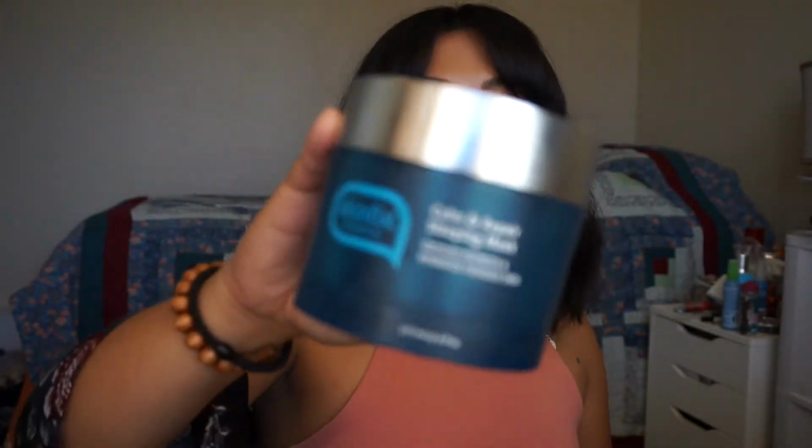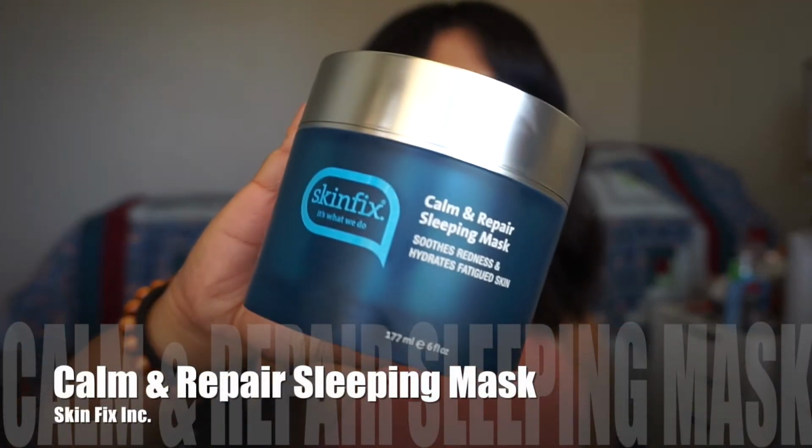So this one is a new product. I only got it maybe last week, but I already knew that this was amazing because I used it and it was the only product that I really changed out of my rotation, and so I knew that what this did in combination with my other stuff really made a difference. This is the Calm and Repair Sleeping Mask. And this is a huge tub, there's a lot of mask in here, let me tell you. It looks green and creamy. You can wake up to calm and restored skin, formulated for those who are prone to redness, blotchiness, and even rosacea. It's a mask that you can put on at night, and then when you wake up in the morning,